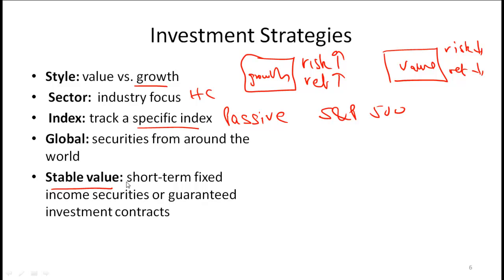A stable value fund generally refers to funds that invest in short-term fixed income securities or guaranteed investment contracts. In Pakistan, given the volatility of the stock market, these sorts of funds have become very popular, and they are sometimes also referred to as capital preservation funds, because you get a certain return that you can be fairly confident about and the risk is relatively low. So a lot of companies and treasury departments at companies would also invest their excess liquidity in stable value funds.